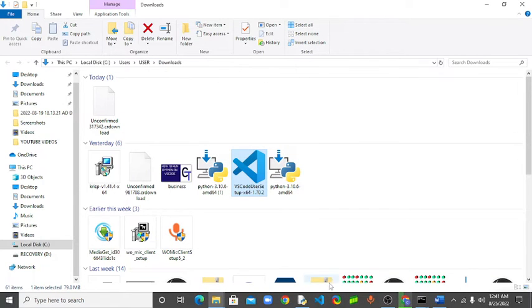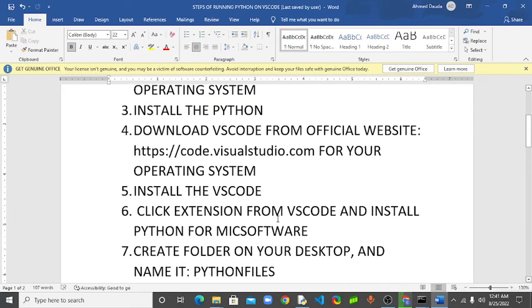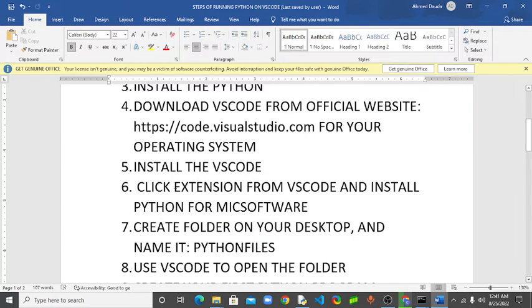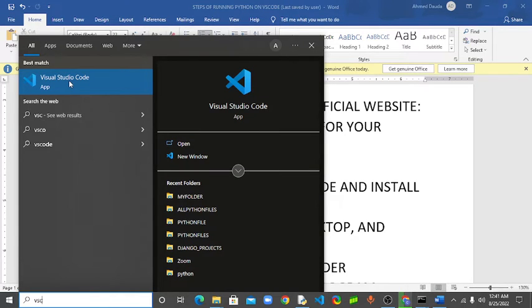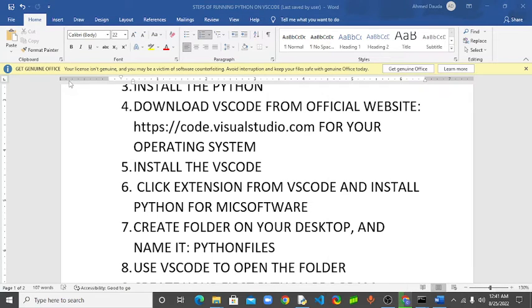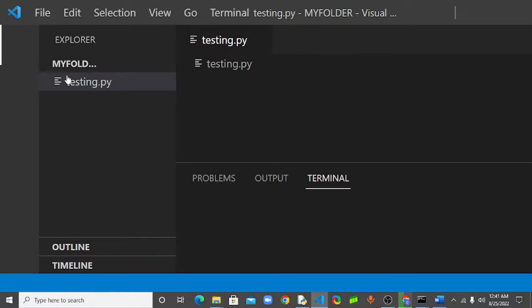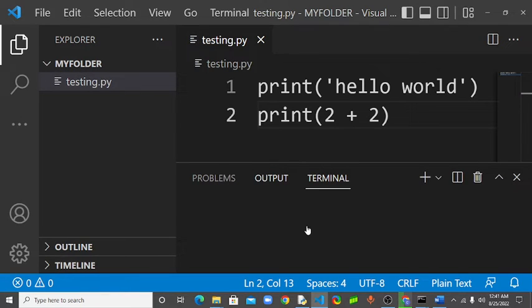So now let me show you how to. The next one is for you to click on extensions and download Python from the Microsoft official site on VS Code. So now let's come here. You can search for VS Code here. You can see it here, the one that you recently installed. You double click, it's going to launch it for you. So quickly, it's actually opening. So now the next thing you should do after you open this, is for us to